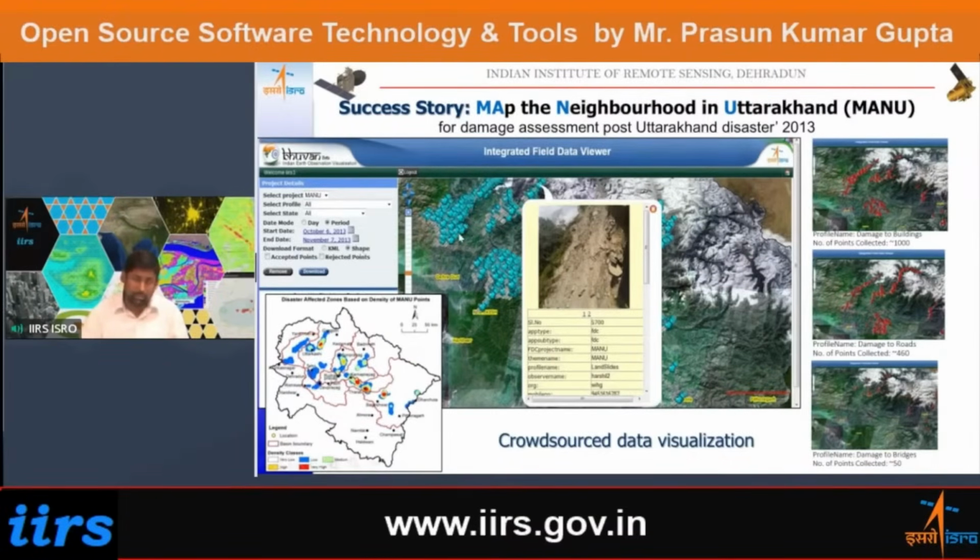You can see these blue pins here, which basically show all the points that were collected on the field. For example, for damage to buildings, there were about 1,000 points collected in these red points. Damage to roads, the number of points were around 500. And damage to bridges, about 50 bridges were damaged. For each point, if you click on them on this web interface, you can see a photograph and different attributes of the data set. This data was then further analyzed to find out the most affected disaster areas, which could later be used for